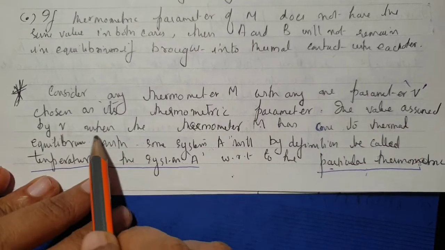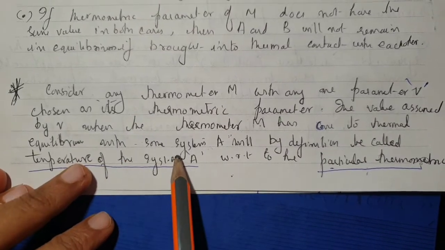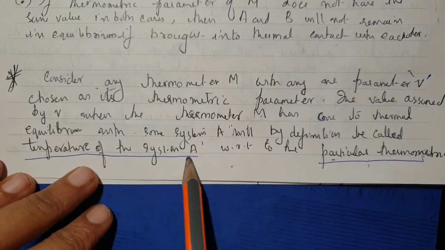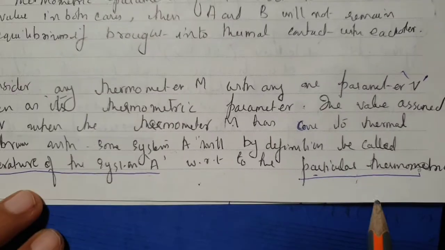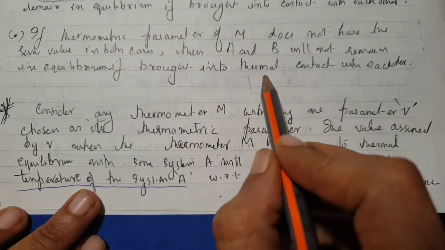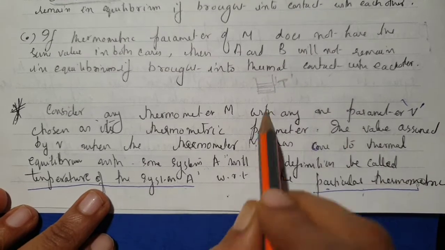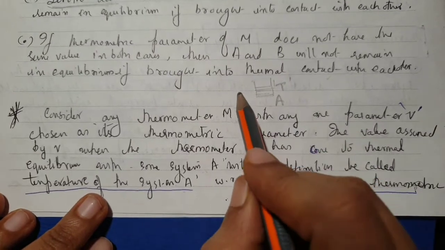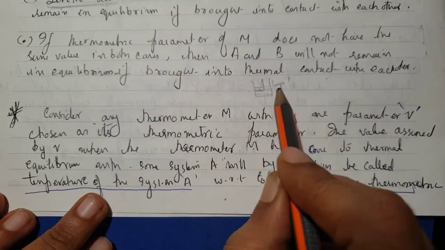The value assumed by V when the thermometer M has come to thermal equilibrium with the system A will by definition be called the temperature of the system A with respect to the particular thermometric parameter. Okay, so the level of the change in volume can be denoted as the temperature of the system A, that is what it is saying. So when I bring this M in contact with the system A